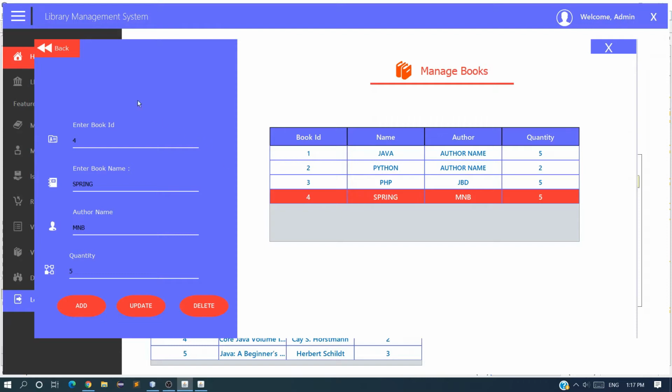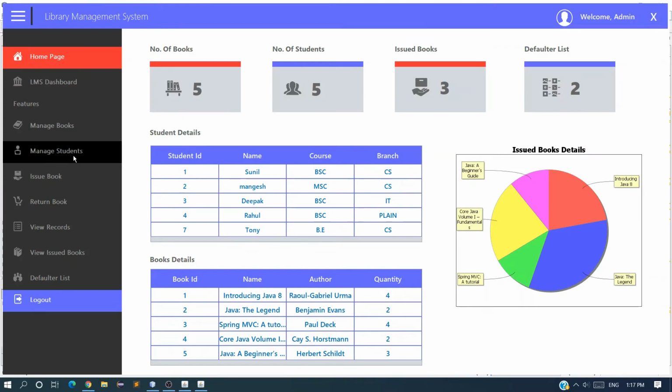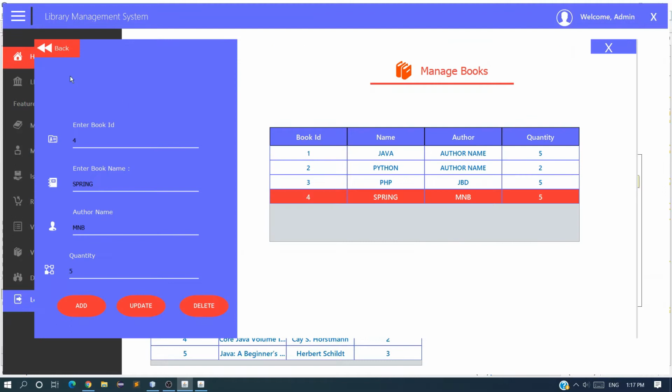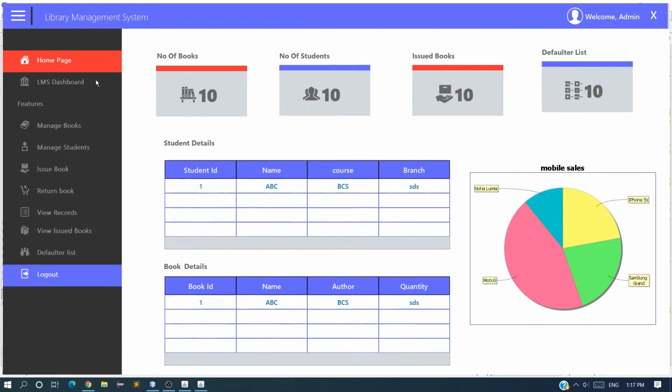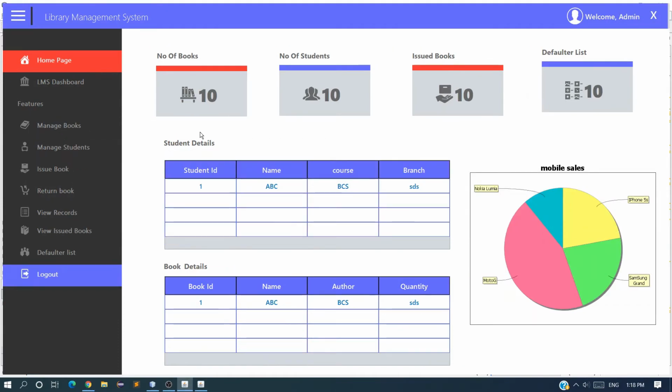add books. And in this video we are going to create this manage student page. You can see manage student, from where admin or librarian can manage student details. So we are going to build this manage student, and we have successfully created our admin page. Let me go back. This is our project. So we have successfully created admin page, but I want a change here. You can see whenever I hover on this button, the color is not changing like it's changing here. So let me do that first.